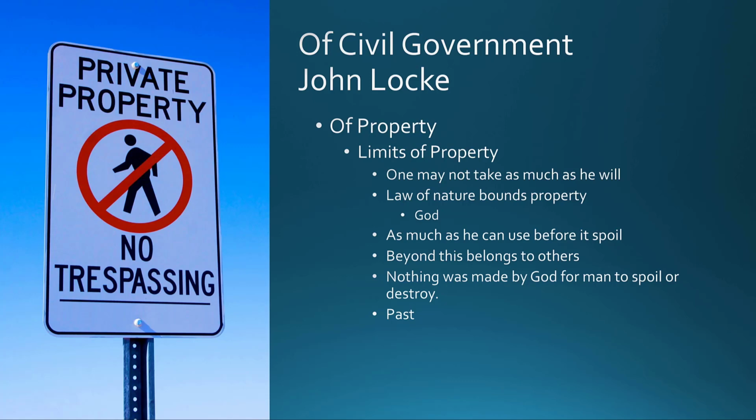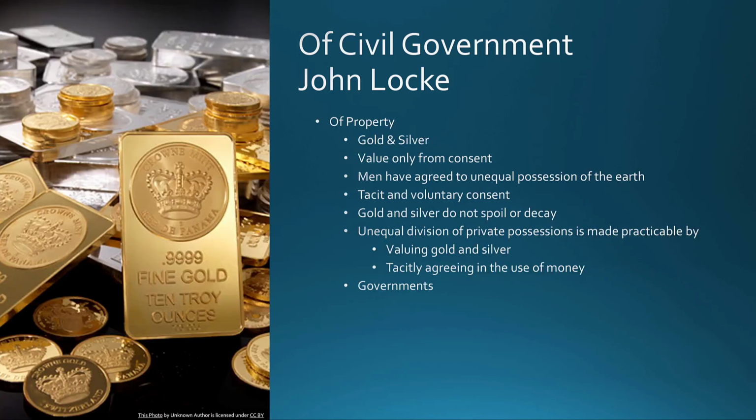So that's the way Locke sees it. But how did we get to where we are now, where a few people own an island and mansions and a yacht and a jet plane, billions of dollars, while other people starve to death? How do we justify this given Locke's view? Here's how we get unequal division of property: it's money. That's for Locke.